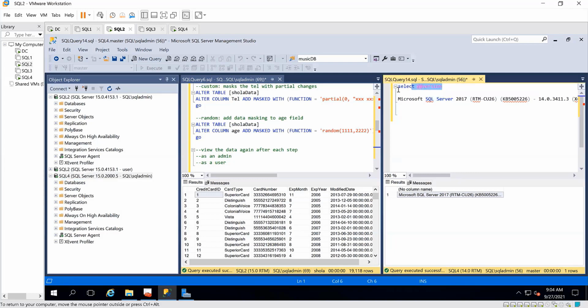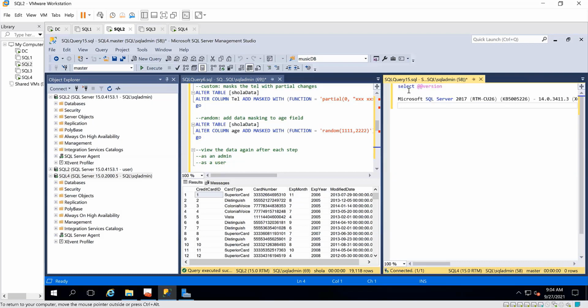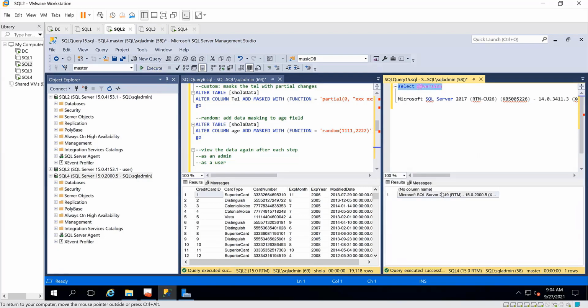So on that instance, if I run this again, let me make sure I'm running it against the right instance. And you can already see, 2019. So that instance is no longer 2017. After the upgrade, it is now 2019 as it's over here. This is 2017 to 2019. And that is how upgrade is done. In this class so far,